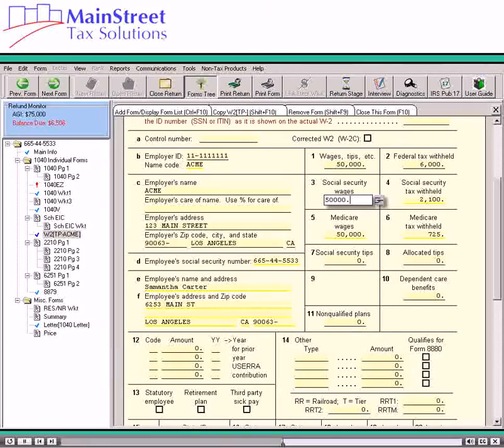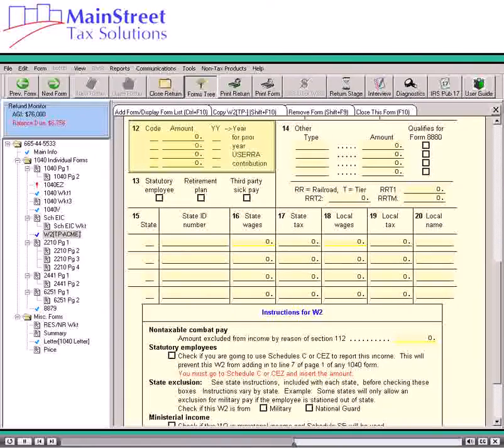Any other amounts entered in these boxes will be carried to the appropriate sections of the return. For example, amounts on line 10, Dependent Care Benefits, will carry to Form 2441, Credit for Child and Dependent Care Expenses, page 2. In Box 12, enter the code and amount exactly as it appears on the Form W-2 that